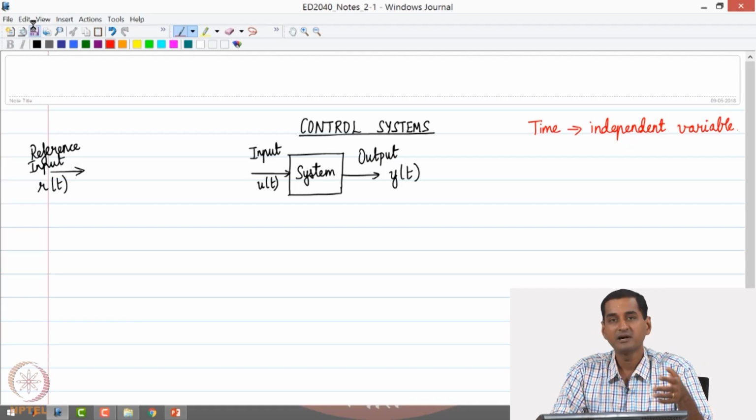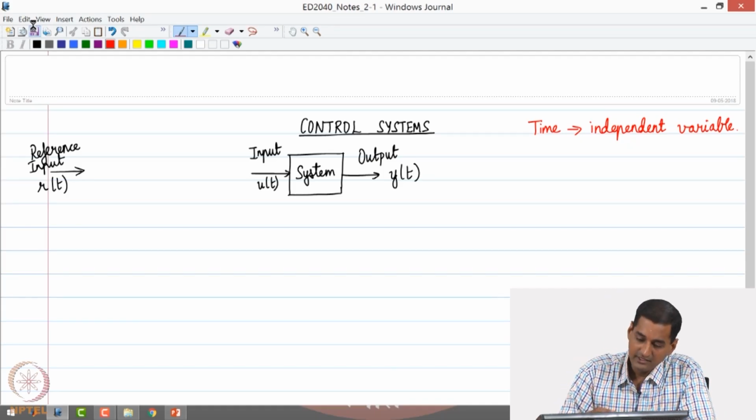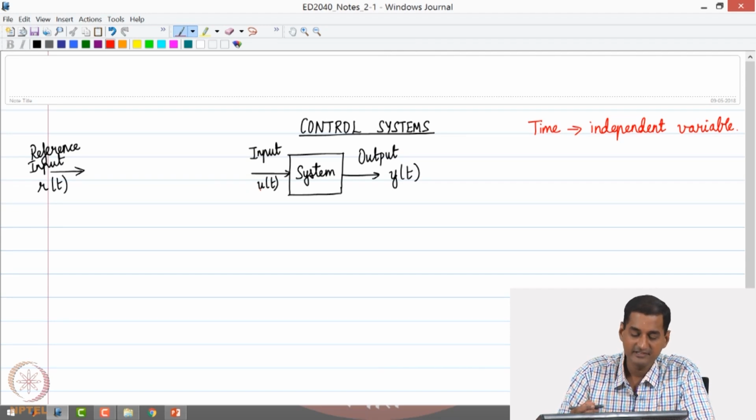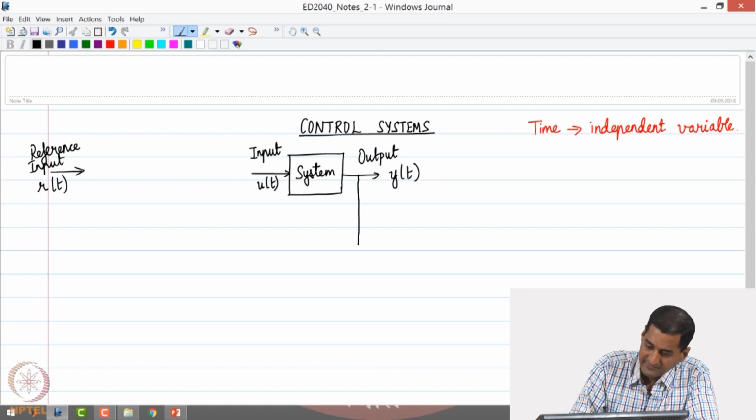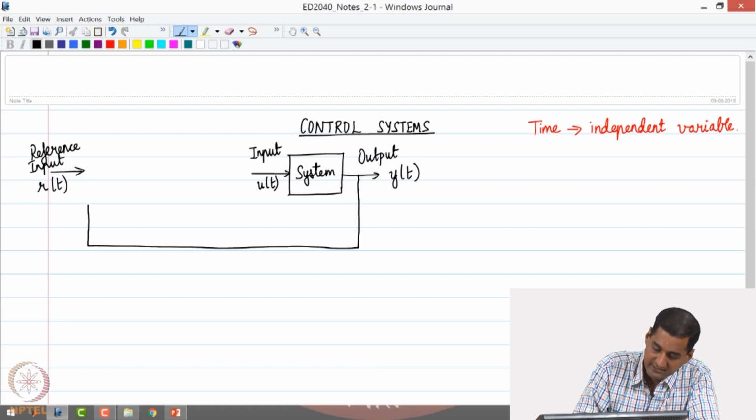That means that all other variables are functions of time. So, we see that the input u of t, the output y of t and the reference input r of t can in general be functions of time. So, let us say we measure this output and then feed it back